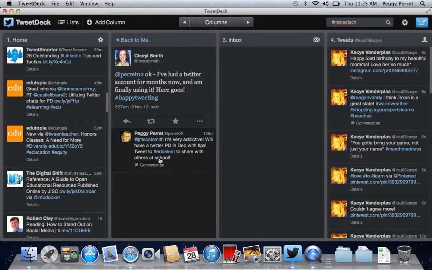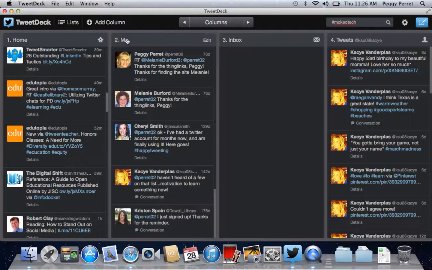Now if I click on my details button, it's going to open up the tweet in a larger window, and it could be that the whole tweet's not showing, so sometimes you do need to click on that details button, and then you can go back when you click on the arrow to go backwards. All right, so those are some of the things that you can do with TweetDeck and adding columns